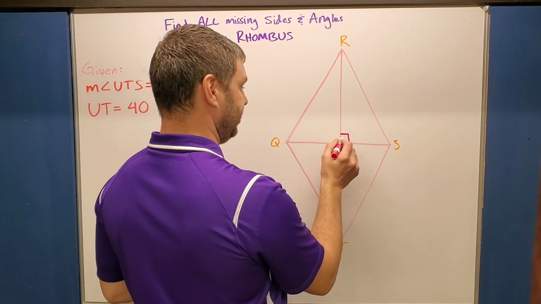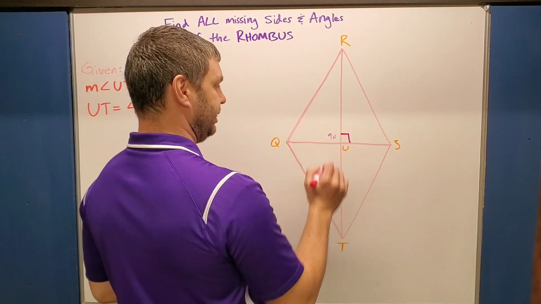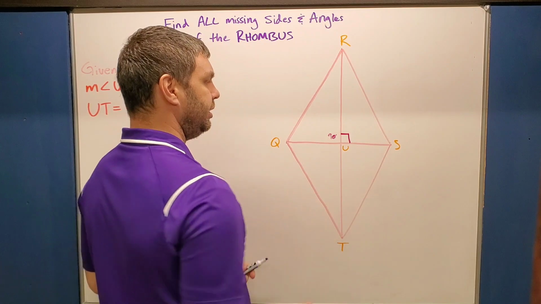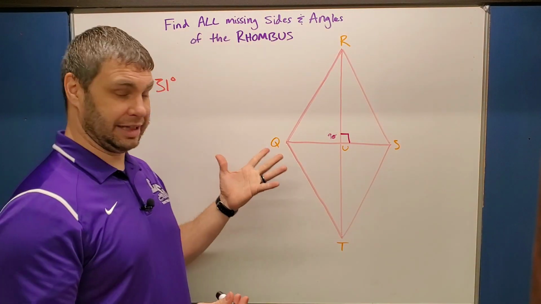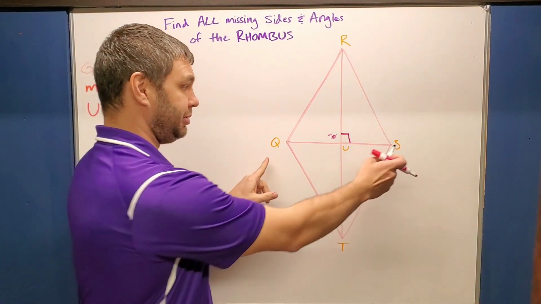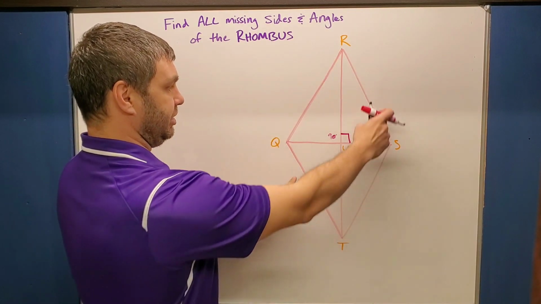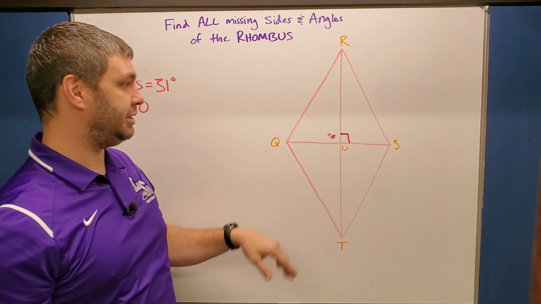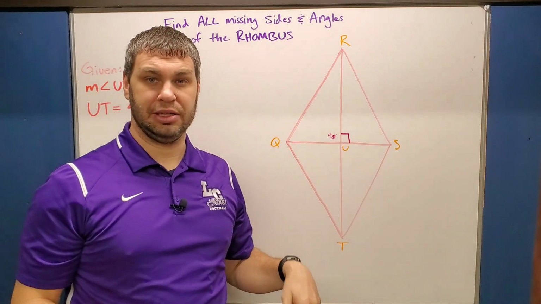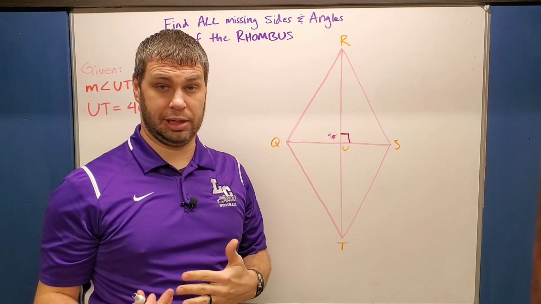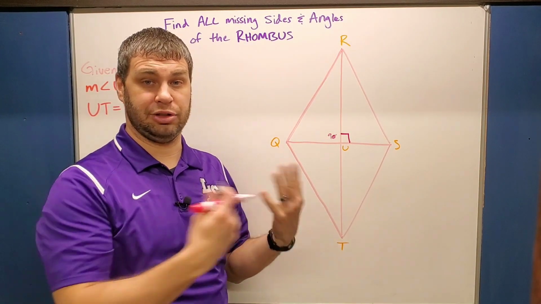Say these are all 90. You can either do it with the box or put a 90-degree symbol right here. You can do other things too, like a rhombus is a parallelogram. So the opposite angles are going to be the same. The opposite sides are also going to be the same size. The diagonals bisect each other. So there's a bunch of properties of rhombuses that you can use when it comes to